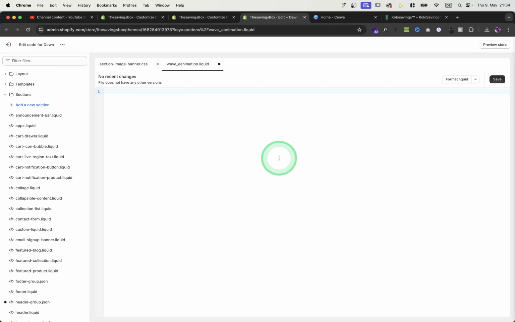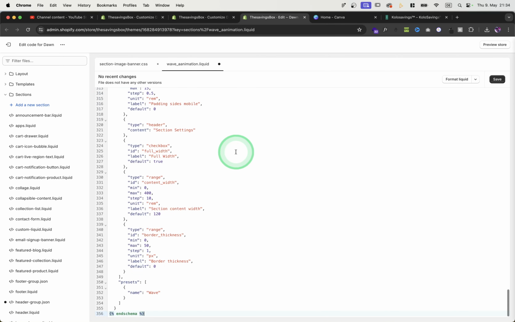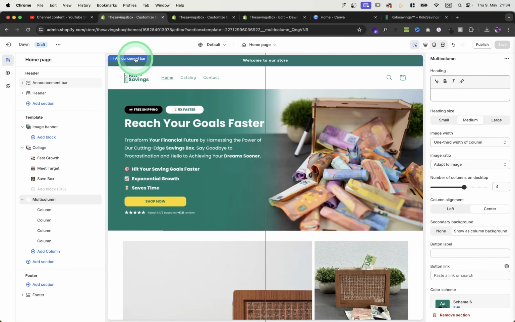But to find the code for this particular wave animation, I put a link in my description. It will lead you to where you find the codes. But for me, I already have the code in my format store, so I'm just gonna copy it and I'm gonna paste it right here. You click on save, and then you go back to your theme editor, you refresh,